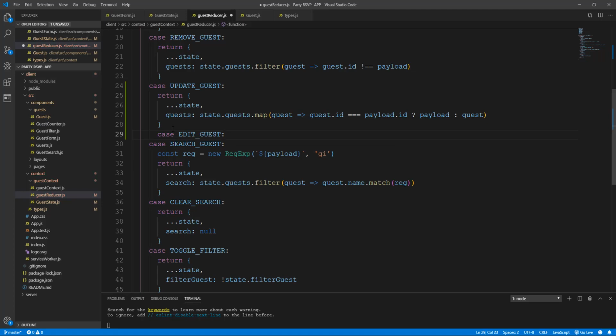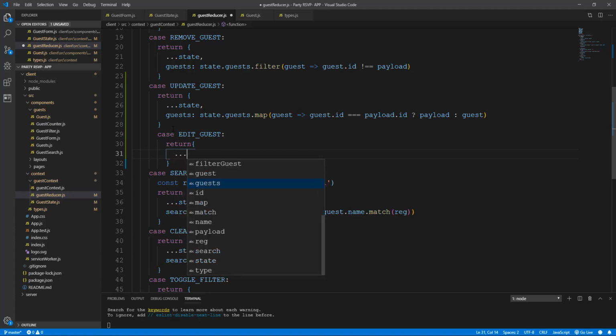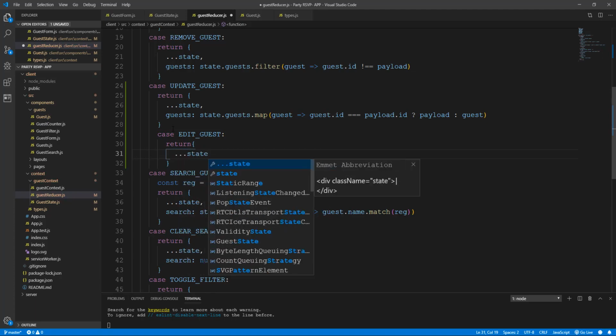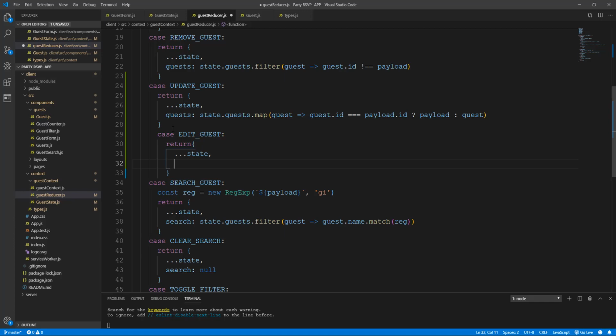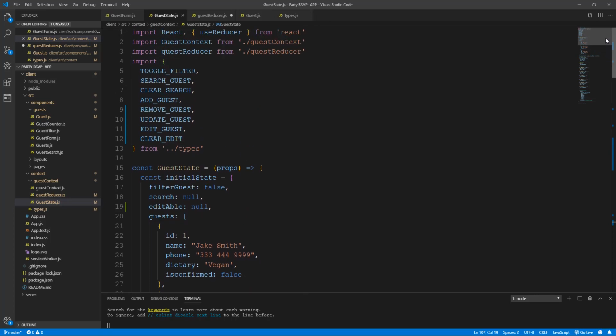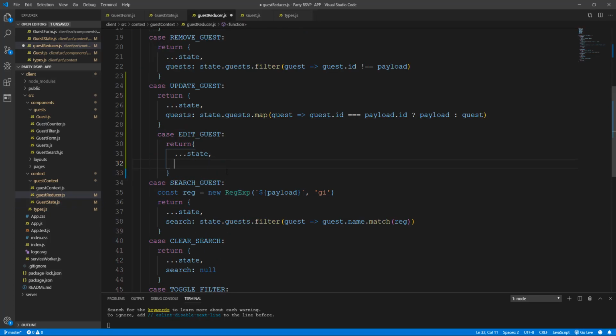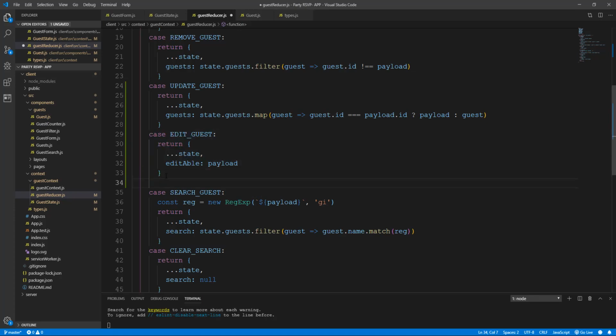If that's the case, what we want to return is, of course, as always, a copy of state, and then here, as I put this editable, we want to set the value of editable to payload. So payload,